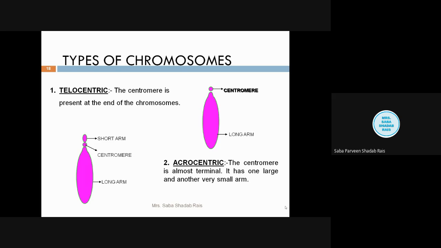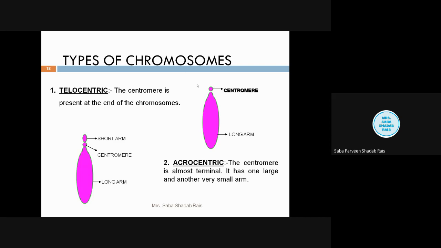When the centromere is present at the terminal end, that chromosome is called telocentric. Understood? I told you about the telomere also. Telomeres are the end packaging of the chromosome. Yes, you all remember. So in this telocentric chromosome, you will observe that the centromere is present